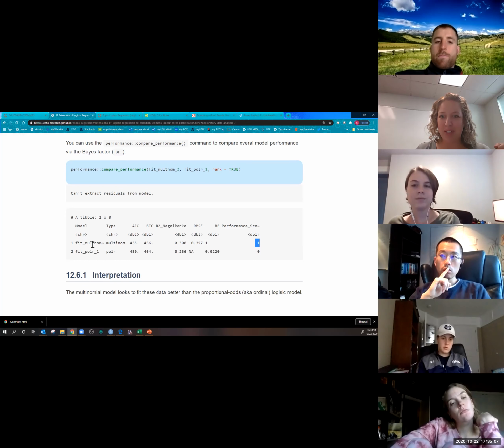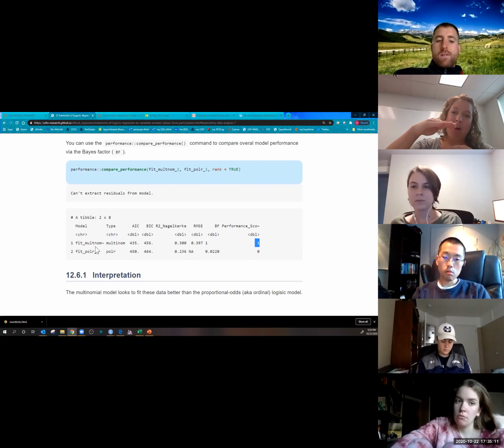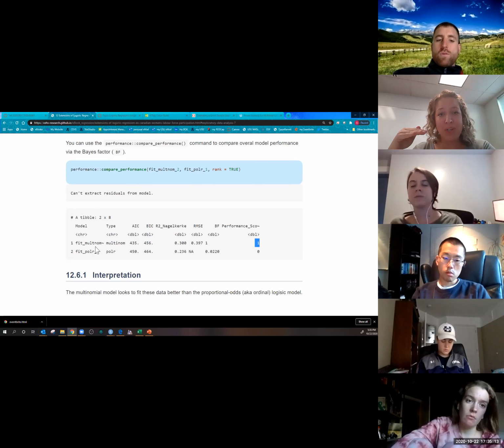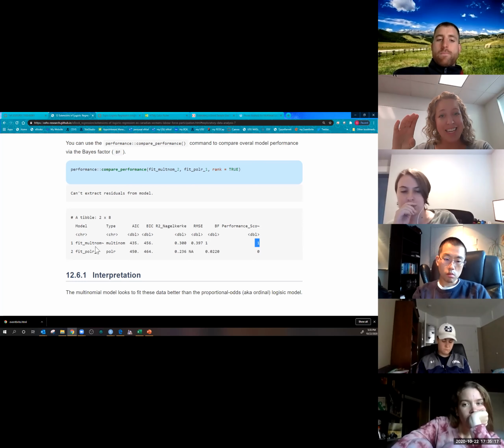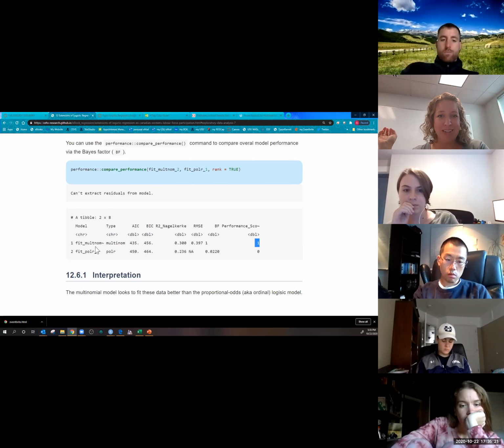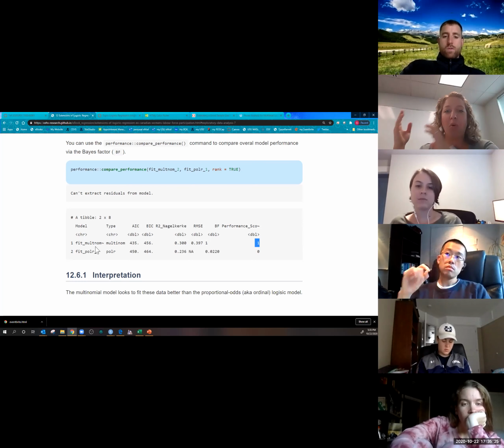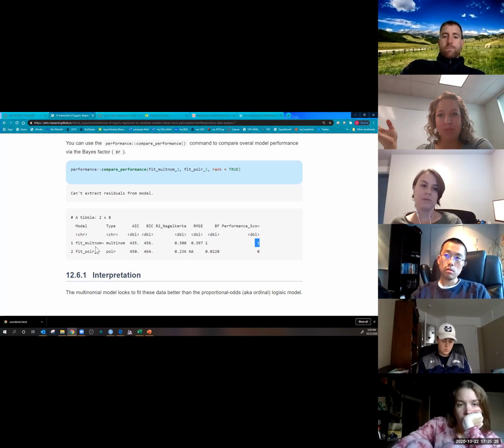The multinomial. And in this case, it's because even though working part-time falls in between none at all and full-time as far as number of hours a week, it was so not even an option for most of the women that treating it as multinomial fits the data better than an ordered logistic regression.